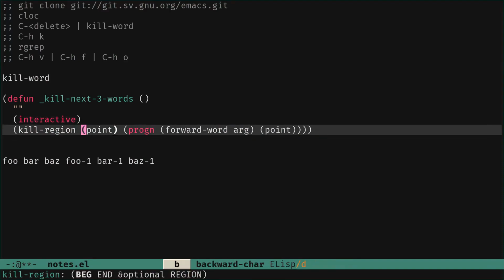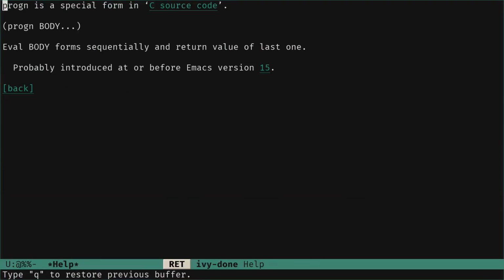So point, this one we keep because this is the beginning of our, you can see at the bottom, begin, end. So this is the beginning. Still the things that we want. Forward words. We haven't looked at this so far. Okay, no worry. Maybe first progn.